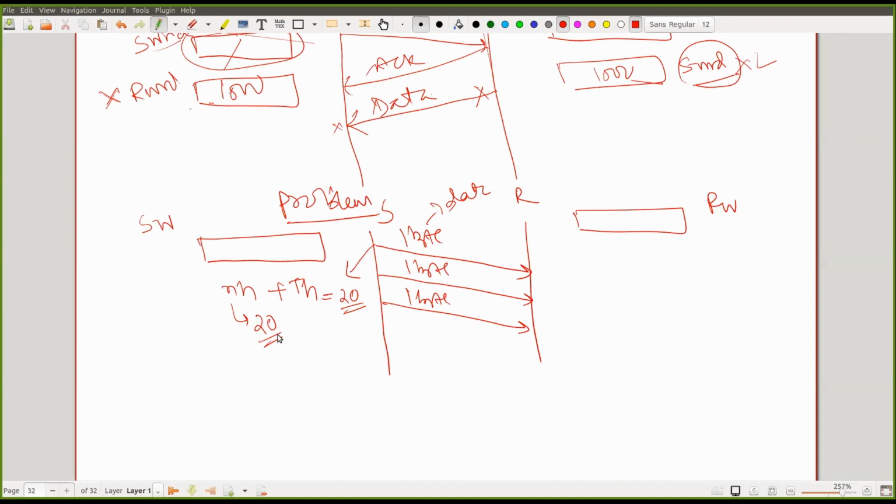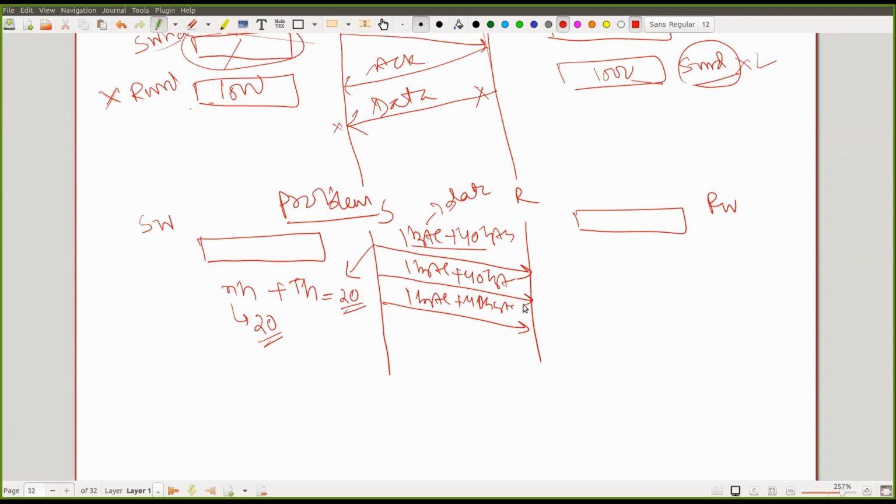Forget about the other layers, we will think about only these two layers. So let's see. If I look at these two layers only, for sending only 1 byte of data, I have to add 40 bytes of header. As a consequence, in total 41 bytes of data is going in this particular packet. But out of this, how much is actual data? Only one byte. Similarly for the next chunk, for sending 1 byte, I'm sending in total 41 bytes. For the third also, it is 41 bytes in total.